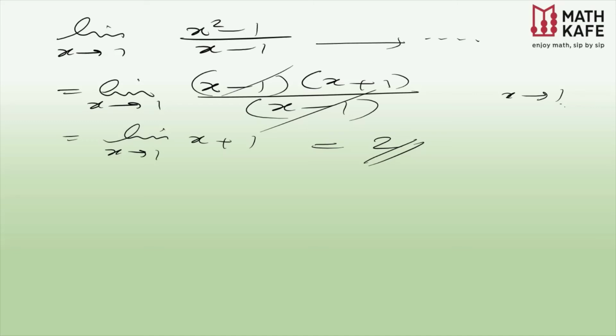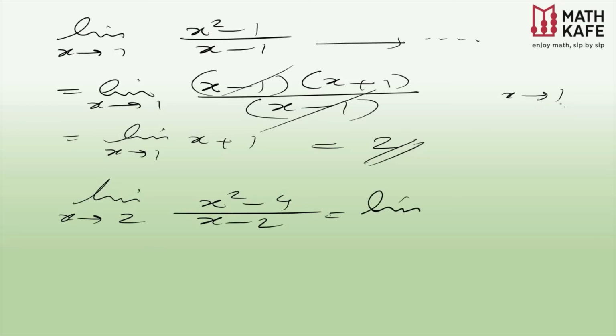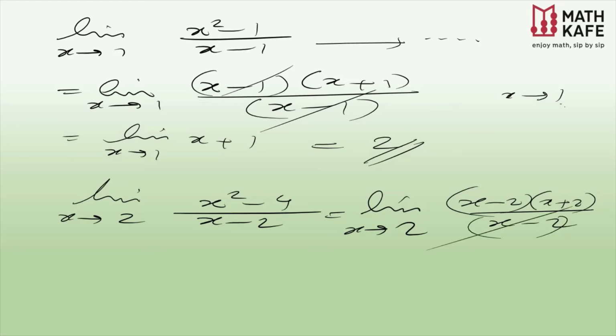That is the technique. Now if I take another one, limit x tends to 2, (x square minus 4) by (x minus 2). Now you know the trick. Just factorize. If you closely observe, when x approaches 2, the denominator is definitely 0. So you must factorize it. Numerator is going to be what? (x minus 2) into (x plus 2), by (x minus 2). Again, this x minus 2 you can cancel and this is going to be what? x plus 2. So 2 plus 2 is equal to 4 and you got the answer.